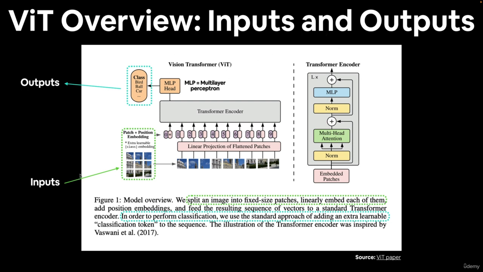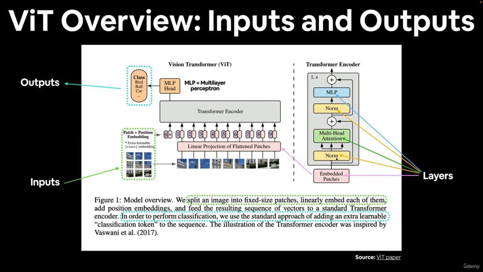First thing, whenever you're dealing with a new research paper, what are the inputs? What are the outputs? In order to perform classification, so okay, that's a clue to us. This is a classification model. We use the standard approach of adding an extra learnable, wherever you see the term learnable, it's an embedding, classification token to the sequence. Okay, let's see what that looks like later on. And then we map the layers. So each one of these can be considered an individual layer. So the embedding, how we create the embedding, the image embedding,